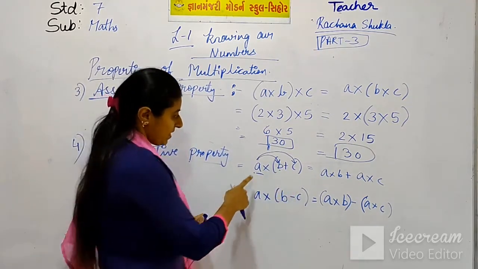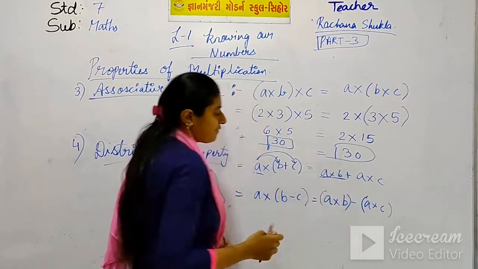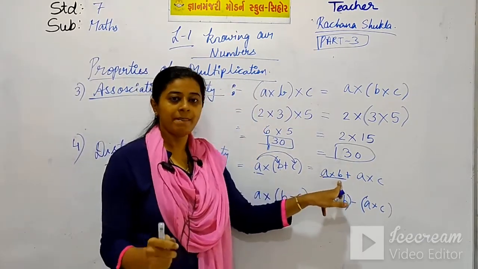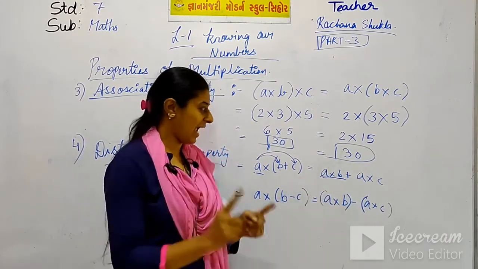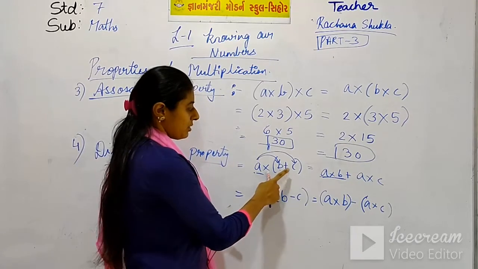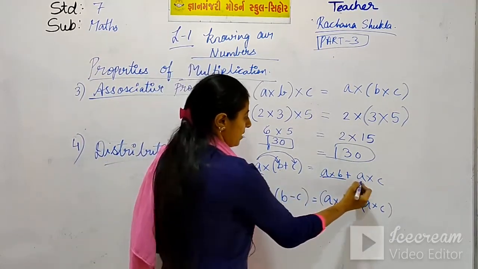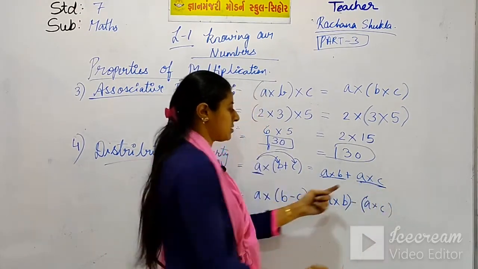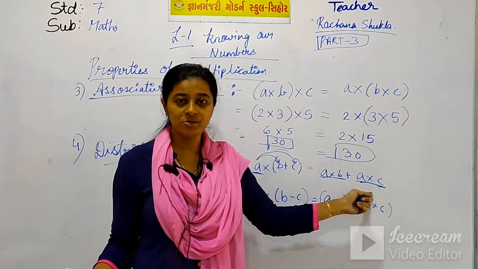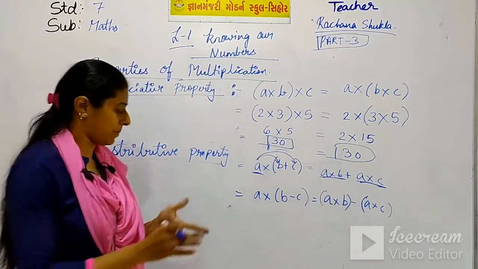Now what to do? A multiplied by B. See, this is you. First your mother goes with you to your classroom to meet your teacher. Then plus, in between plus. Then your mother A will go with your brother or sister. See, A into C. So this was my formula of learning the distributive property.